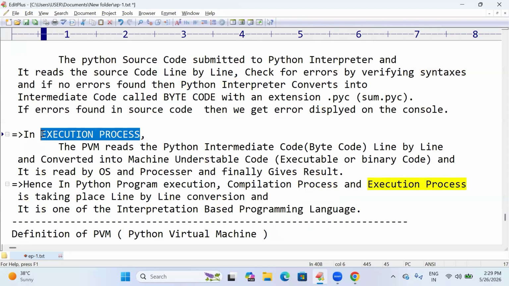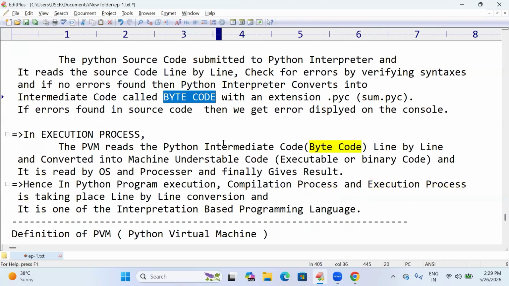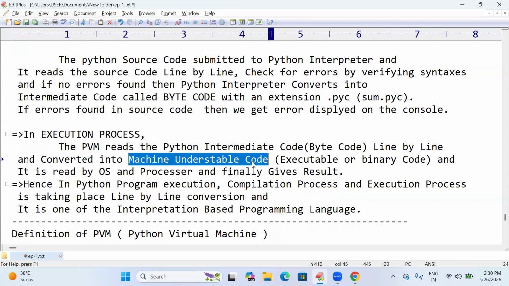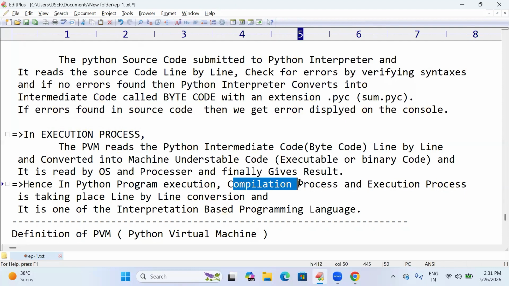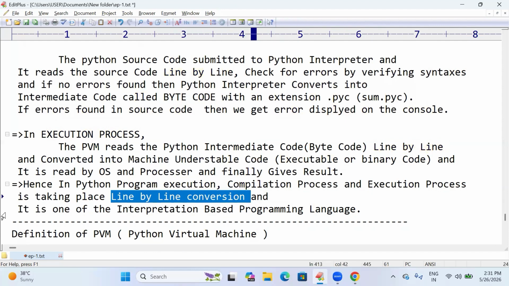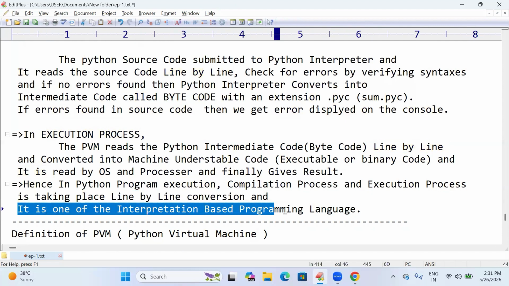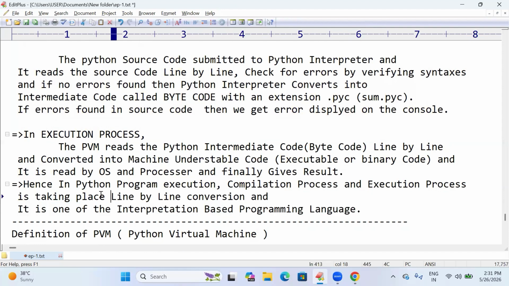In the execution process, it takes that intermediate code called bytecode line by line and converts that bytecode into machine understandable code. In Python program execution, the compilation process and execution process take place with line by line conversion, and it is an interpretation based programming language. That is the reason why Python is interpreted.